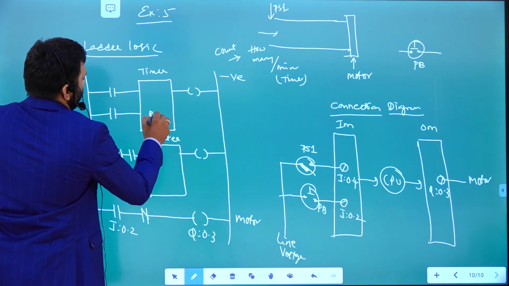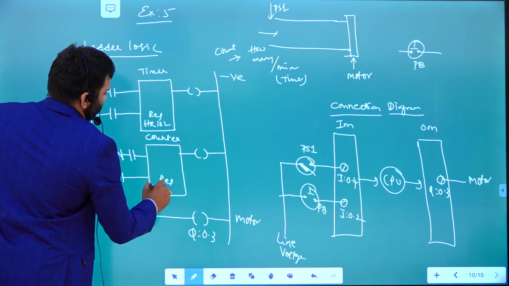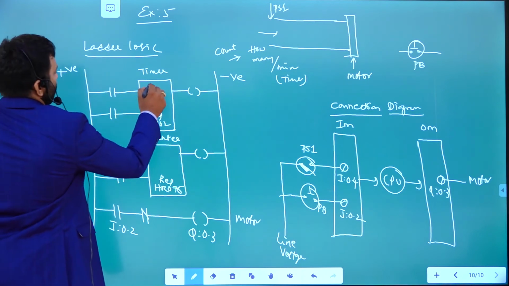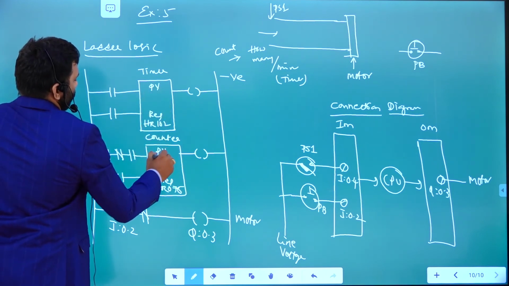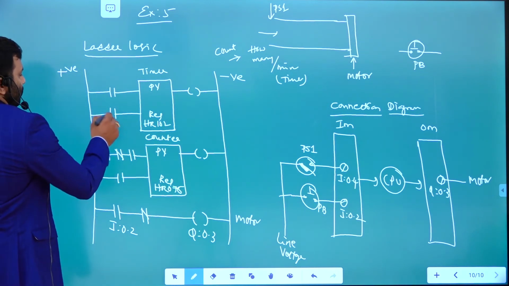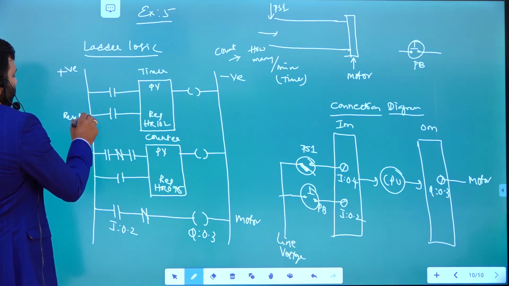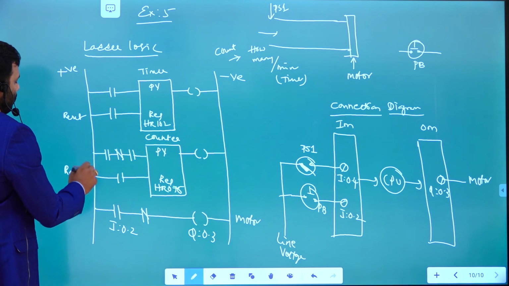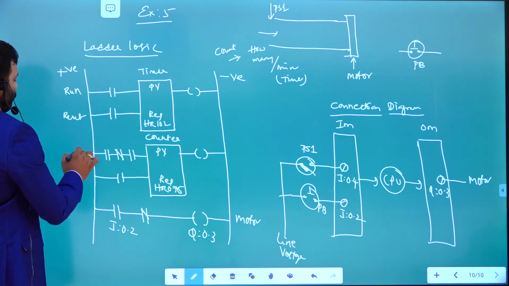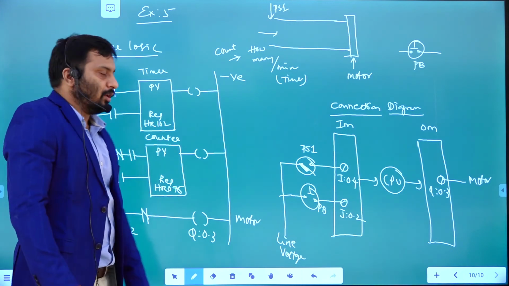So both have a register. This one is the holding register 1 or 2 you consider. For example, this one is the register, holding register 075 you consider, right. So this is the preset value register. This one is also a preset value register, right. This is the reset terminal. This one is also a reset terminal, right. This one is the run terminal. This one is the pulse we need to give, right. So pulse means for every 1 pulse the count is incremented, right.